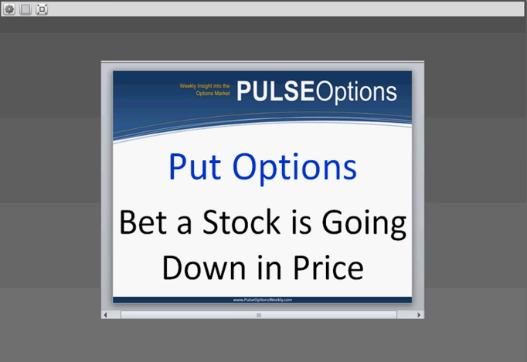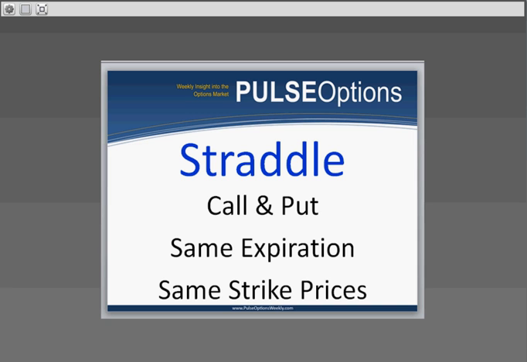And we look for situations, right, a setup, whether it's stock specific or market wide, where we feel the stock's going to move more than the options are pricing. And if we know which way, or if we feel which way it's going to go, we can trade it with a straight call or a straight put. If we're not sure, we'll do a straddle, which is a call and put, the same expiration and the same strike prices.